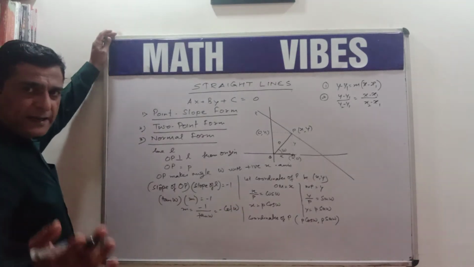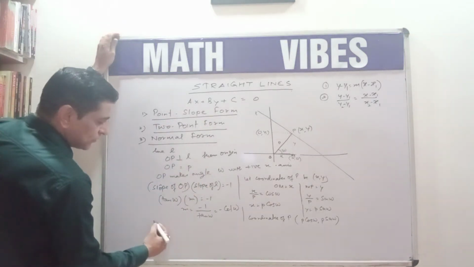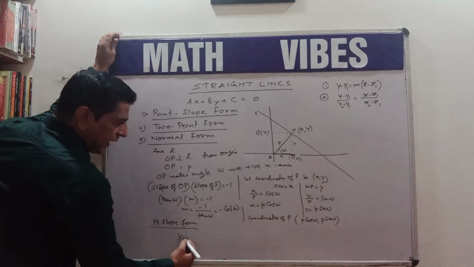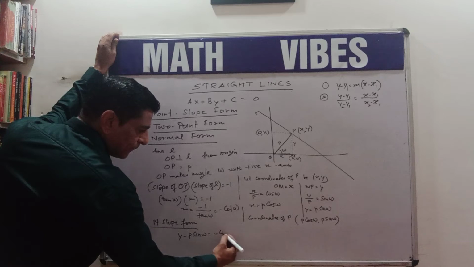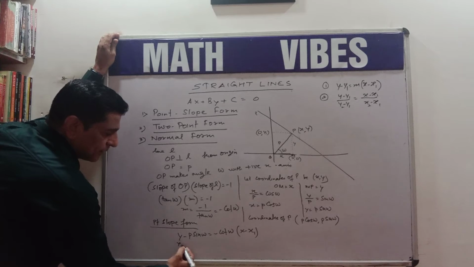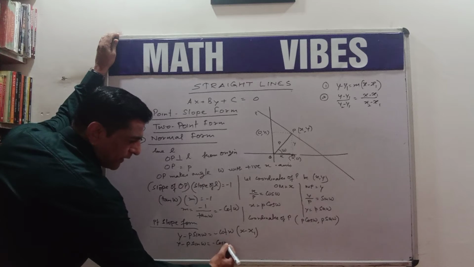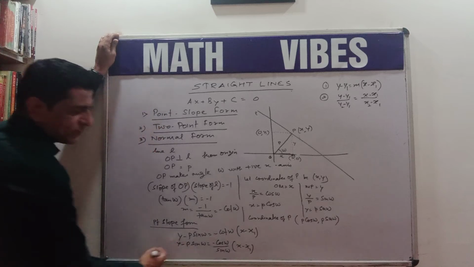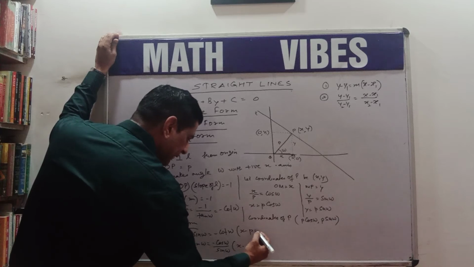So now we have the slope of line L and we have a point through which L passes, so we can apply point slope form. So by point slope form we have y minus y1 equals m times x minus x1. You can write cot omega as cos omega upon sin omega multiplied by x minus x1. If we simplify this, we have not written the value of x1, that will be p cos omega.